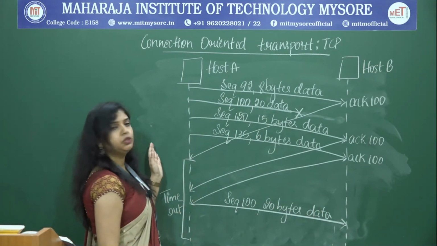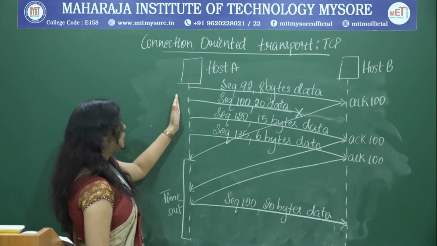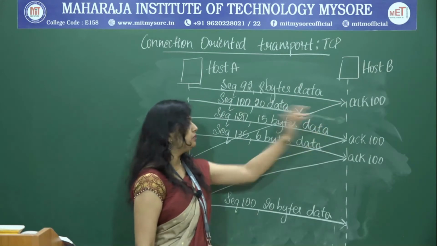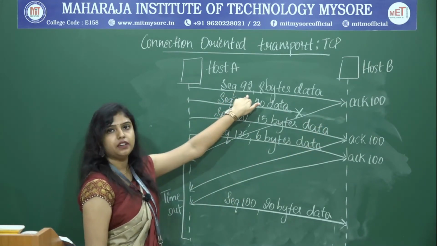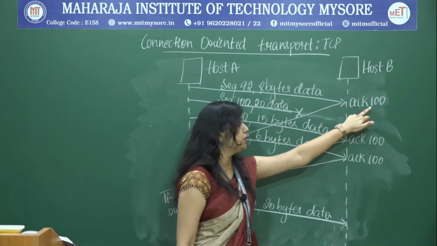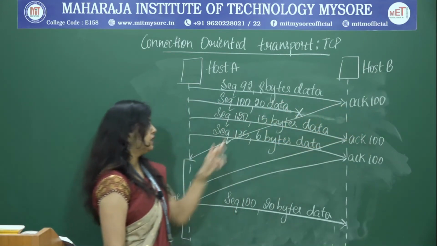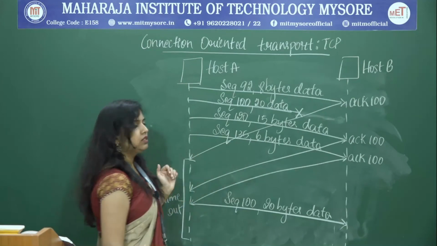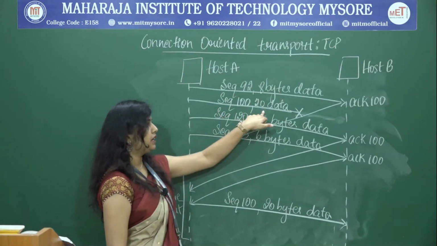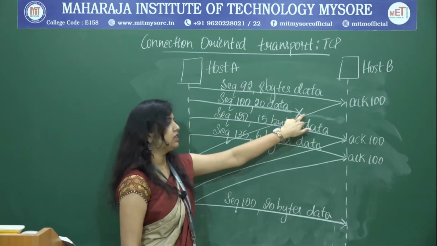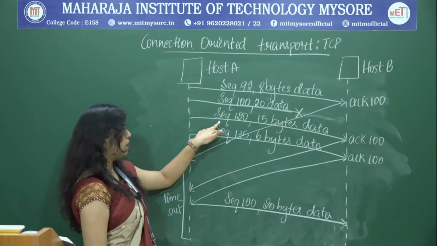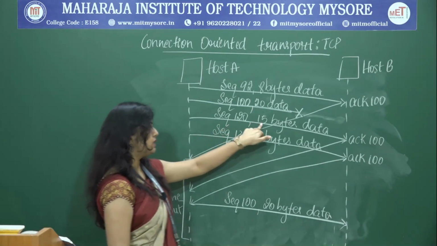That is why they tried to show it in the diagram. Between host A and host B, multiple packets are being sent. First, a packet with sequence number 92 and 8 bytes of data is sent, and the acknowledgement number of 100 is sent to the sender again. Now, sequence number 100 with 20 bytes of data, this packet is lost in the network, and the next packet with sequence number 120 and 15 bytes of data,